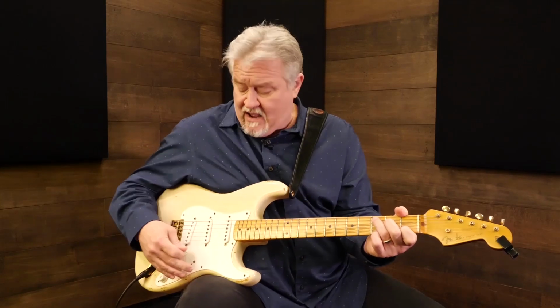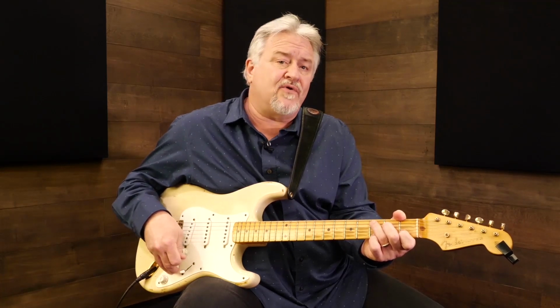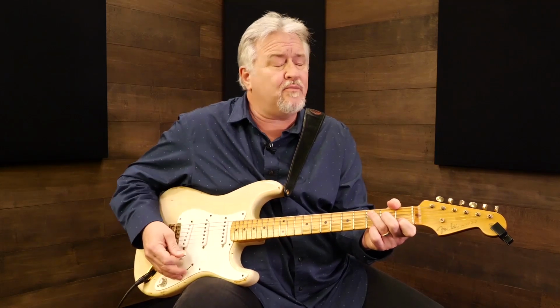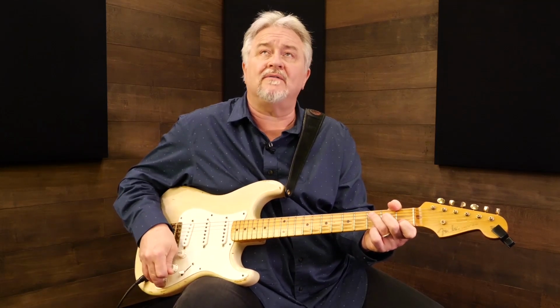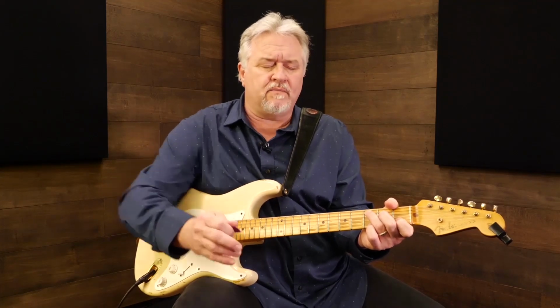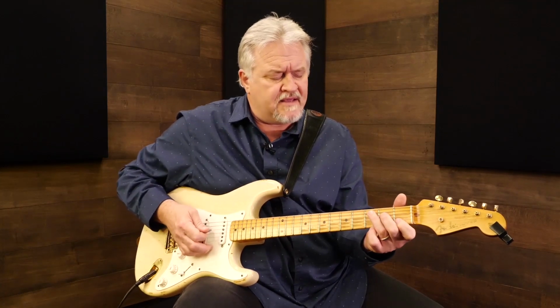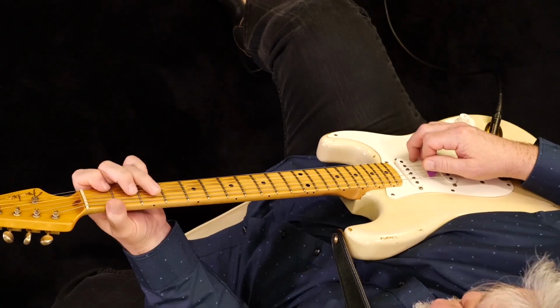But what I want to do now is a very common strum style where you make the first attack on a single root, the root of the chord. This will probably sound familiar. It's very common but important. It's another way to get a rhythm across and another variation. So what it works like is this. If I have my C chord, now I'm playing my C chord,